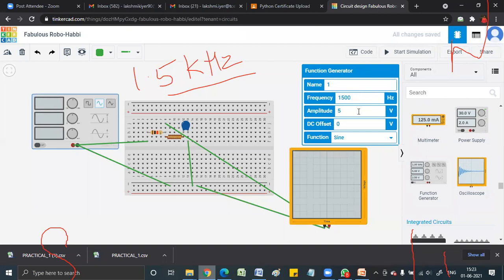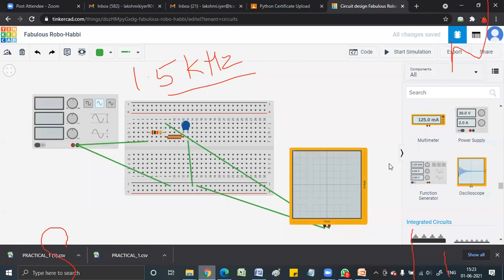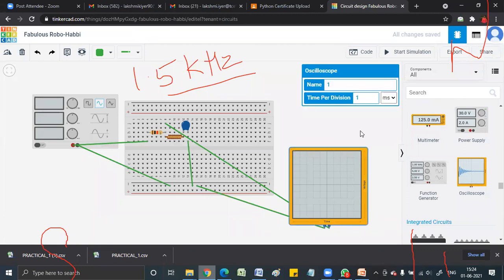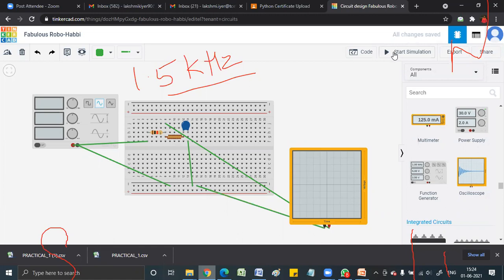एम्पलीट्यूड बदलेगा क्या? नो मैम। डीसी नहीं, ऑफसेट भी नहीं रखा है, साइन चाहिए। वो फिक्स रखे थ्रू आउट द एक्सपेरिमेंट। एम्पलीट्यूड फिक्स है मैम थ्रू आउट द एक्सपेरिमेंट। यस, और मैंने यहाँ पर टाइम पर डिवीजन को 1 मिलीसेकंड रखा है, ठीक है। सो लेट अस सी, स्टार्ट सिमुलेशन।